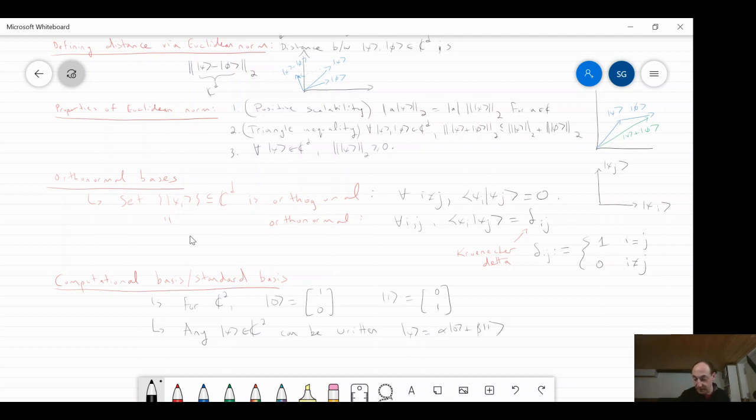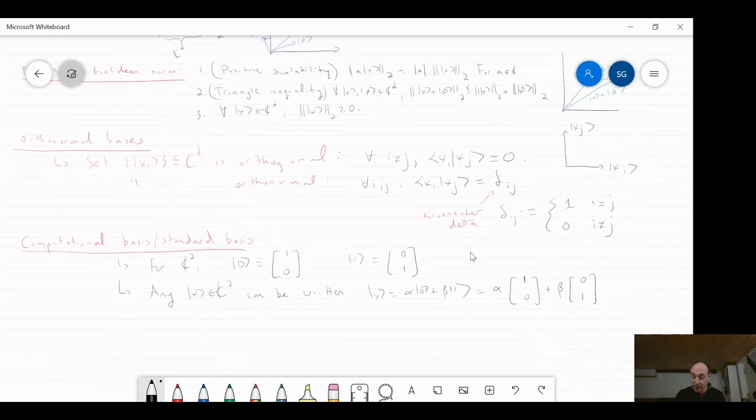Okay, you could always write it in this way, and if you want me to be very precise, one of the hardest things about getting into quantum is not quantum itself, but just the notation, right? Dealing with these funny bras and kets can be kind of funny. So in the beginning, I'll sometimes write out the explicit vectors and matrices until you get the hang of it. Okay, so I can always write any vector in this space relative to this basis, right? And we'll say the vector is, of course, normalized if this thing has length 1, okay?